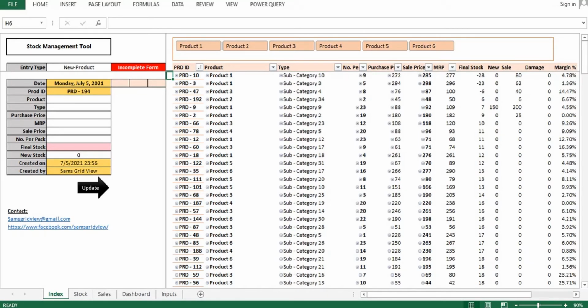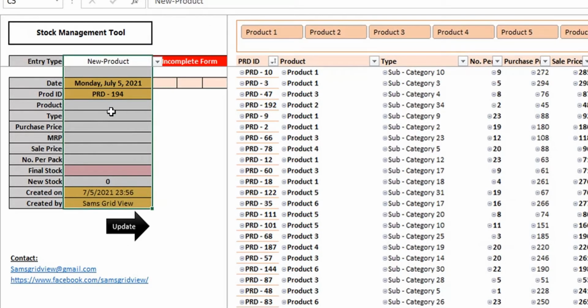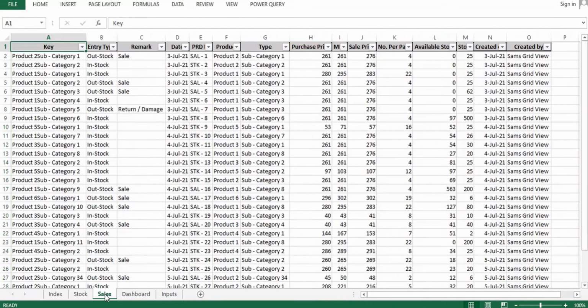Before getting into the working procedure of this template, I will explain the sheet by sheet navigation, and the purpose of the sheets and their concepts. The index sheet is going to have two layers. One is the data entry screen and the other is a stock maintenance or stock information screen, where your least stocked product will be shown at the top, which gives you information on which product you have to concentrate on based on their availability. And here in the input screen you will be keying your inputs, and you will be taking this information to a stock or a sales database.